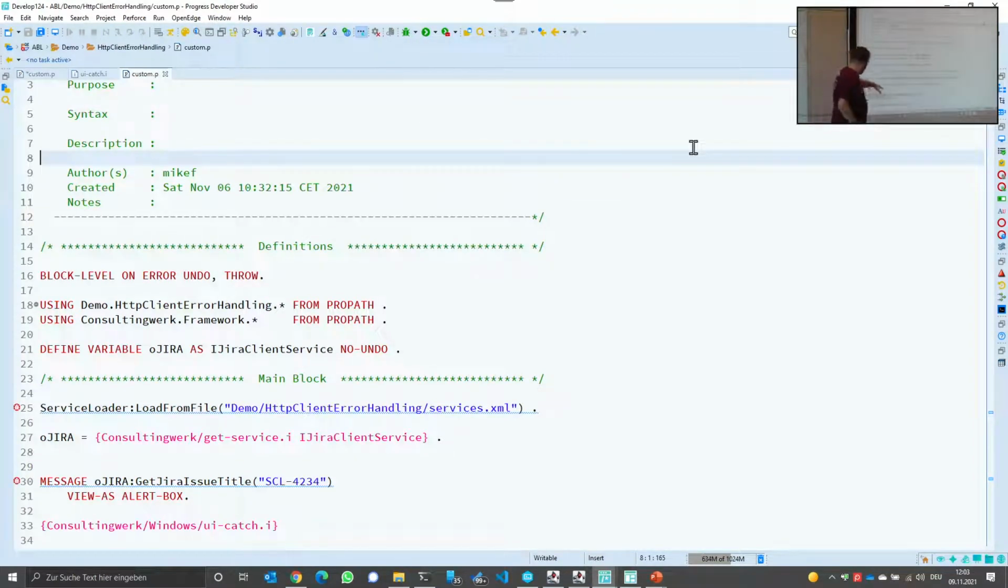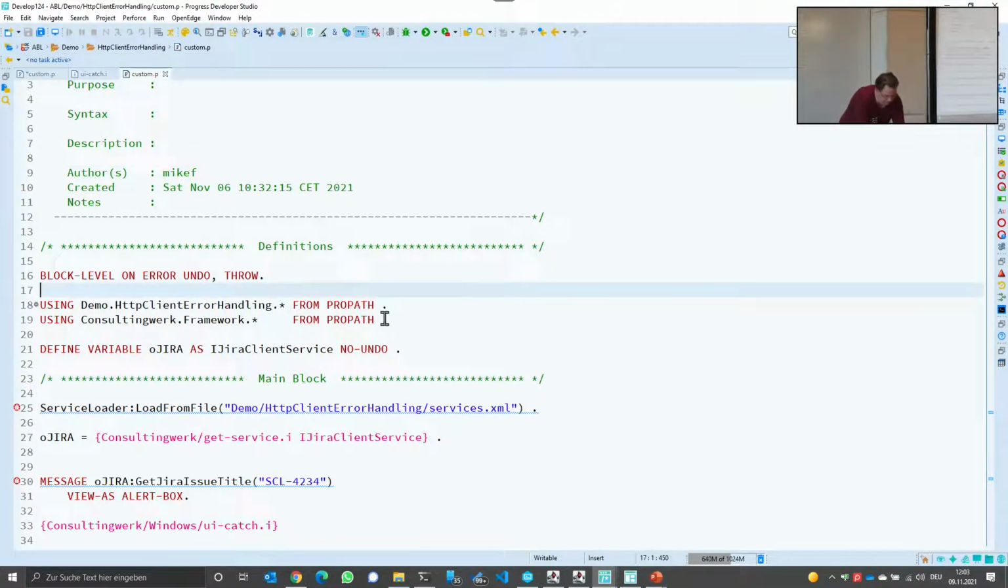So I'm getting access, that's also something I talk about in the afternoon, to a service that knows how to interact with Jira, and I'm just requesting an issue with a certain type, and then I have my standard catch block there, which does not just use a message statement, it uses GUI for .NET dialogs to show the error on the screen. Within the Jira client,